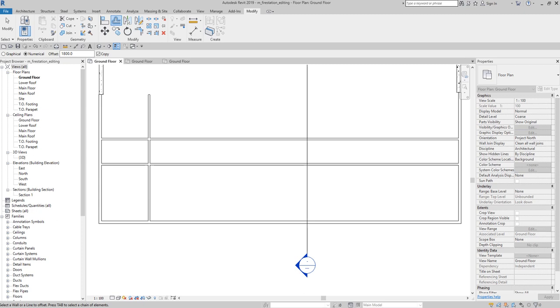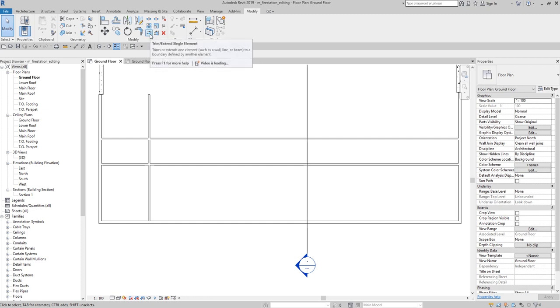Okay, so the next thing that I'm going to do is I'm going to show you how to trim. I'm going to select here modify, and then I'm going to use the trim tool. So I'm going to select trim